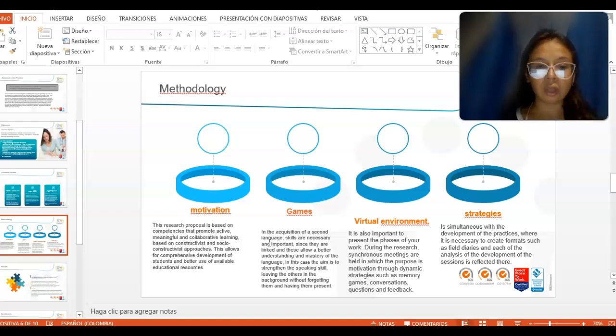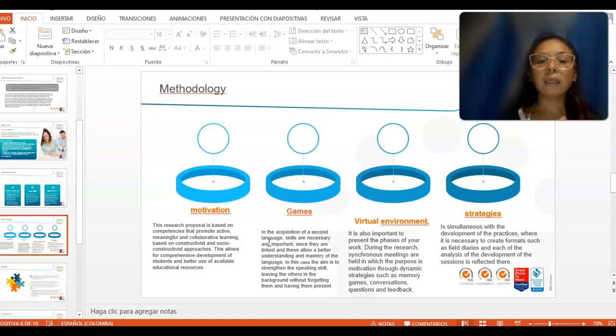This allows for a comprehensive development of the students and better use of educational research in the acquisition of a second language.